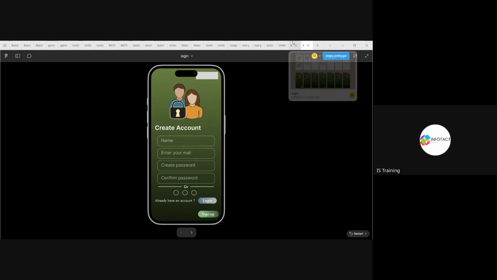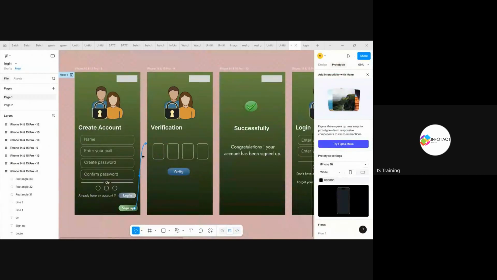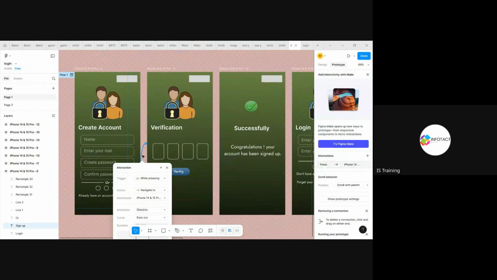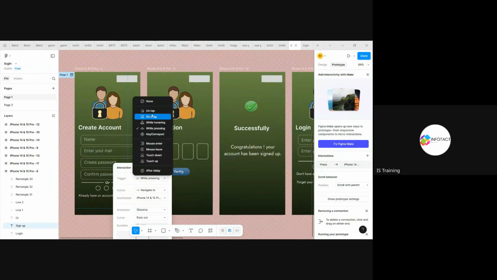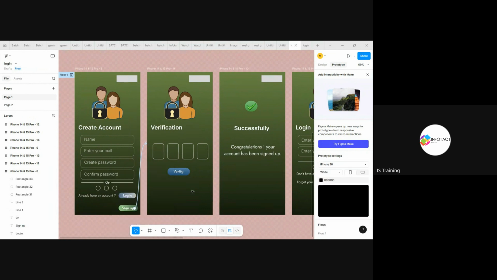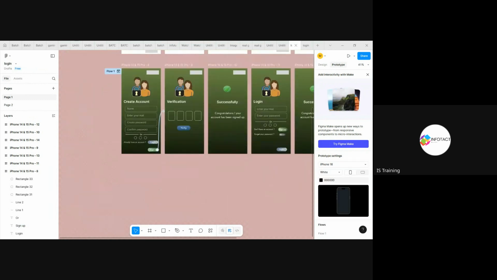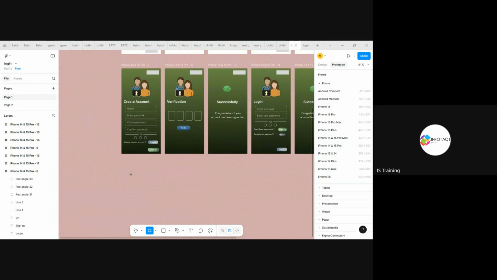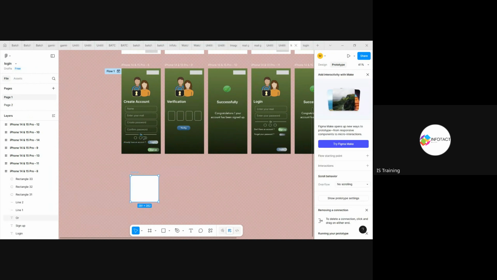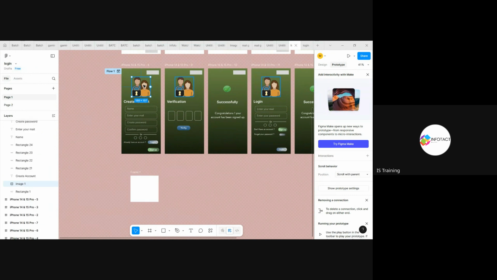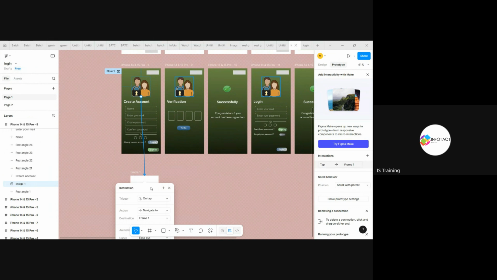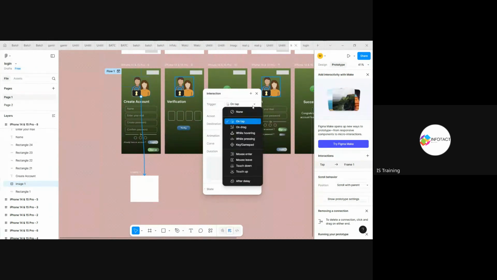Okay, so this is the difference between while hovering and while pressing. For now, I am going with the on tap on this. Okay, these are your two features of the wireframe. Sorry, the trigger options. Now we have one more option: if I click on this image, it would direct me to this. Mouse enter, mouse leave, touch up, and press down are almost the same, so I'm not going through them.